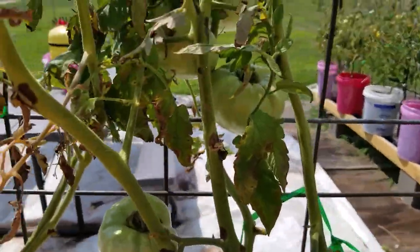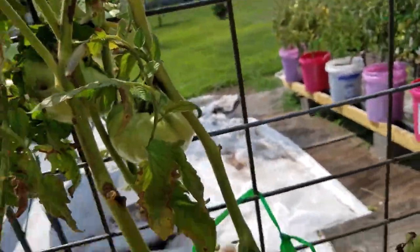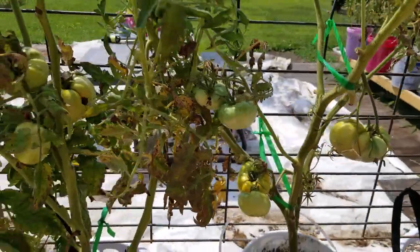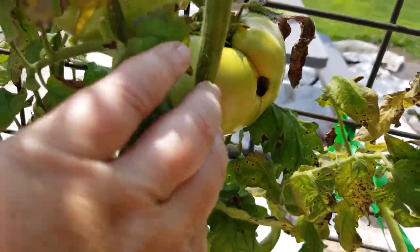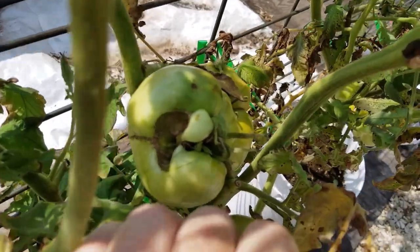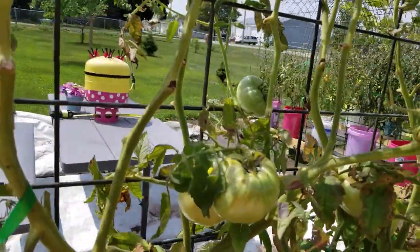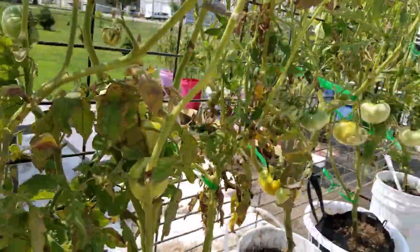These are the best looking of the beefsteak that I've had, but still I'm just not a big fan, I guess. A lot of them have ripened small, and a lot of them have, oh, see, that's a nice big one, but it's got this big brown spot in it. And that one, I don't know, morphed. A lot of them have morphed, especially if there were multiple blooms that stuck together and I didn't pull them apart. There's a nice big one coming. Let's hope it ripens well. Anyhow,